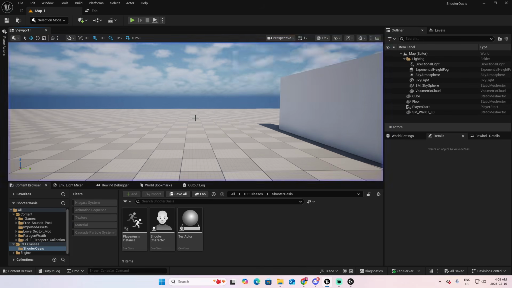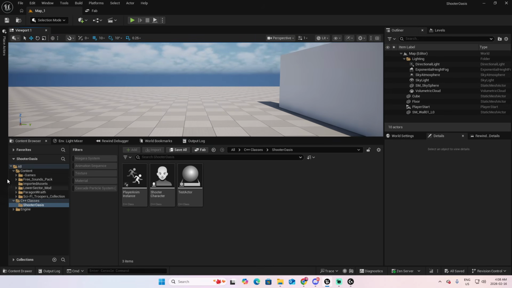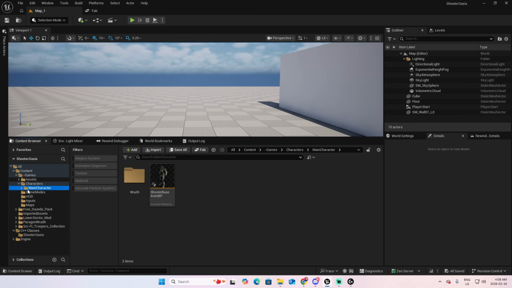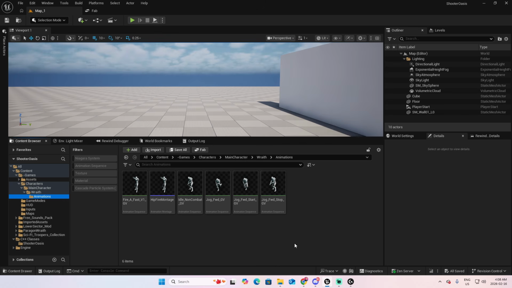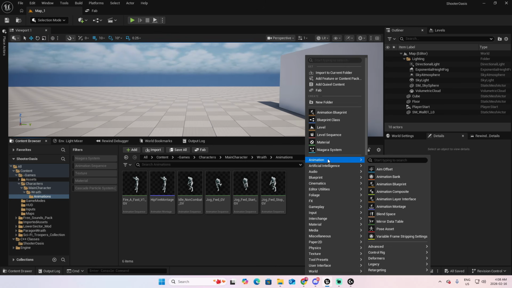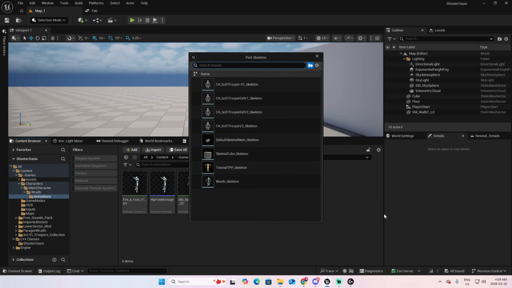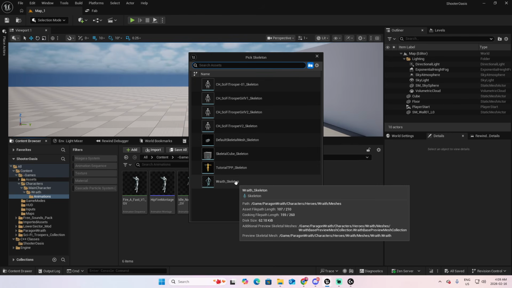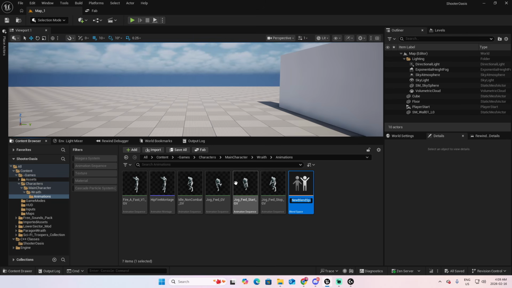And for that, the first thing we're going to create is a new Blendspace animation. So let's go inside our Game, Characters, Main Character, Wraith, Animations, and select the Animation folder. Inside, right-click, select Animation, and Blendspace. Our skeleton character is Wraith Skeleton. Let's name this animation Running